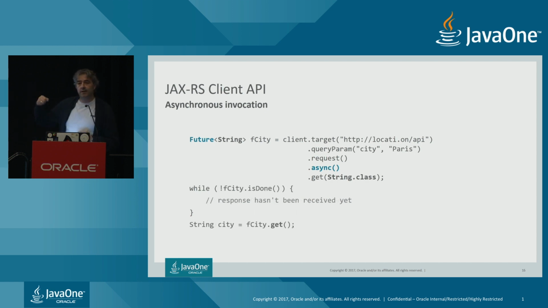Now, we can also do these kinds of things. So instead of directly accessing the future object, we can check if there is some result in that object. And if there is, we can access it. So it doesn't really solve the issue. And what you also need to make sure is that you set some timer, but now at the JAX-RS level, to make sure that, again, if for some reason you don't get a response from the remote endpoint, your code is not hung forever.